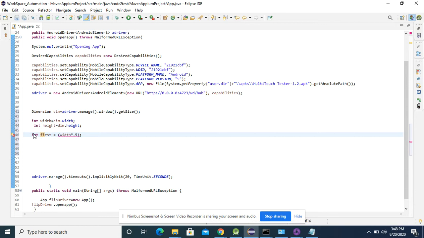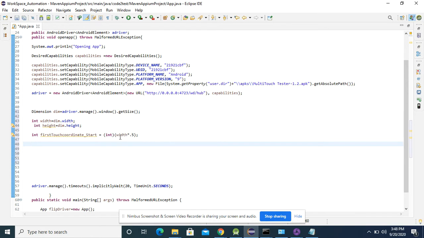It's a bit of a lengthy name, but it will give you a clear picture. Also typecast it so it returns the integer type. This is the x coordinate of my first touch.